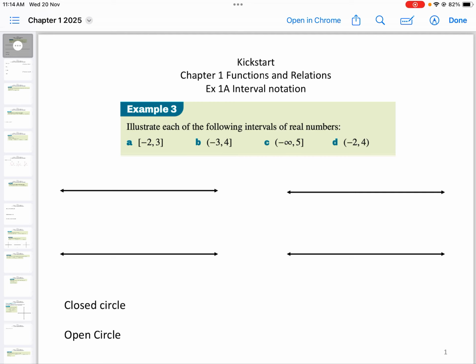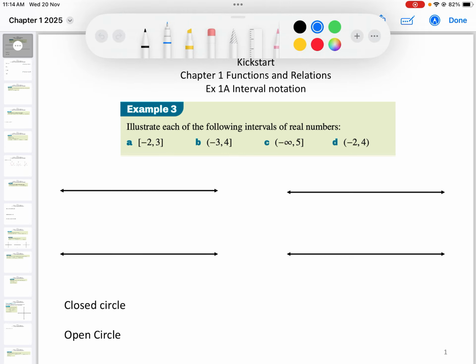We're going to start by recalling some of our interval notation or set notation. So what we've got here is interval notation. This means from -2 to 3, with 3 and -2 included because of these square brackets. So if I'm going to draw this, I need to go from -2 to 3. If it's included, we use a closed circle and we just join up like so. So a closed circle means it is included,